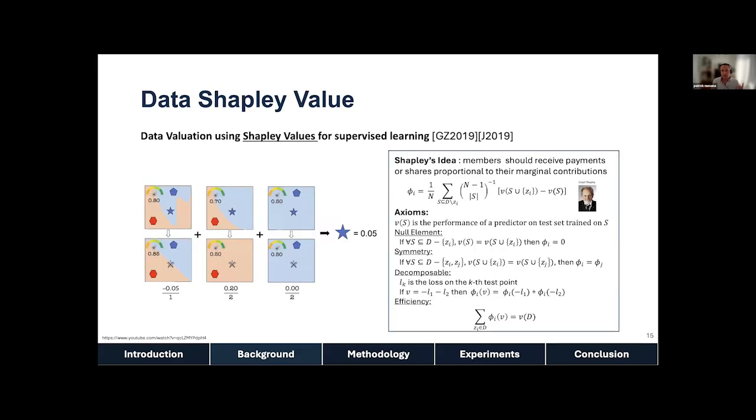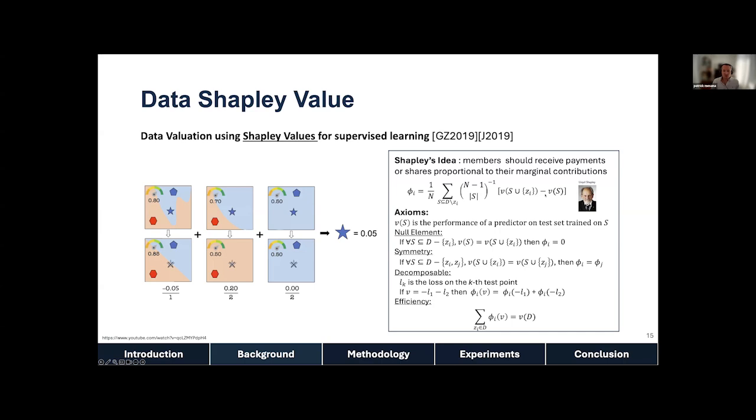And that's why Ghorbani and Zou, like I said earlier, and Jia in another paper, introduced the use of Shapley values for supervised learning. So instead of looking at only n subsets of the dataset, you will look at all the subsets, so 2 to the power of n minus 1 subsets. And you have to compute the Shapley value. I'm sure that many people here are familiar with Shapley values, but it's the formula that you have here, where this part is really the marginal contribution of a set.